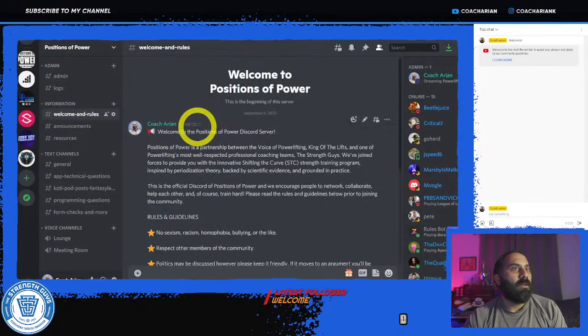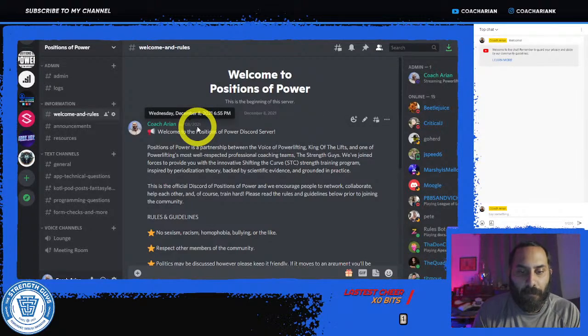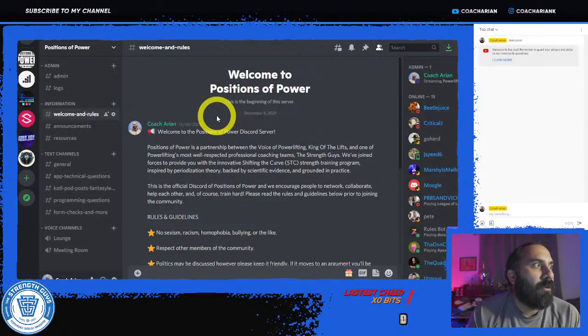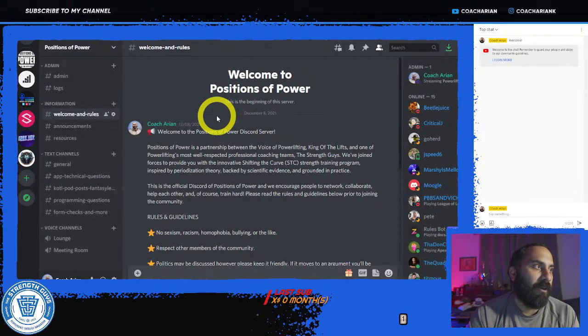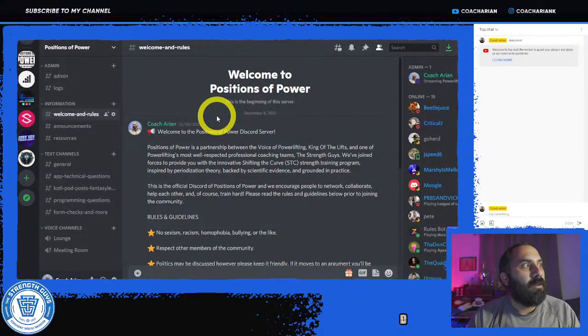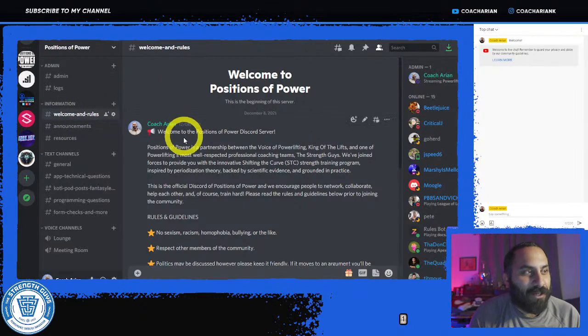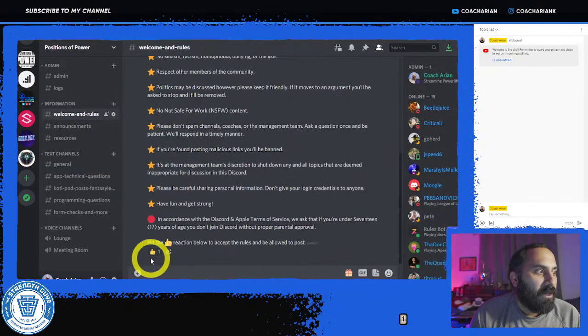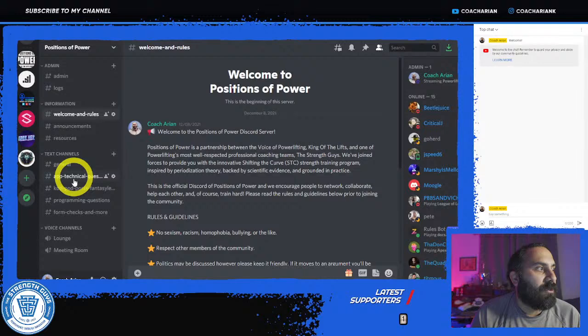Discord server real quick. What you can do is go on Discord, whether you go through the browser or the phone app or download the computer app, and then you can make an account, and we have invite links. I have it down in the description below. Also, we have it on our Instagram accounts, and then we set up an extra layer of protection here. You first have to come over to the welcome and rules section, read through the rules, hit the little thumbs up emoji, and then that'll give you the ability to become a member and come into the chats.